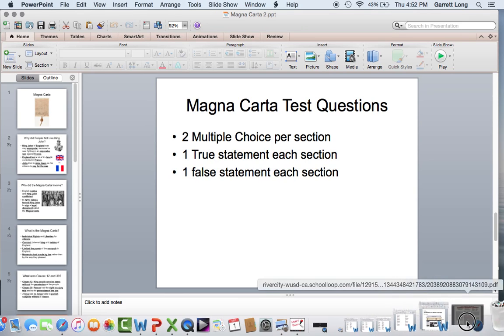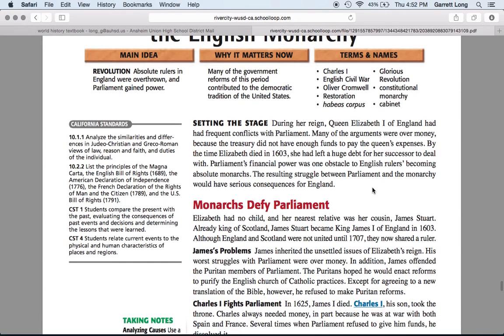So we're going to go ahead and fast forward about 400 years, still talking about England. It is now the year 1603 in England. Queen Elizabeth is the queen, the monarch, but Queen Elizabeth dies in the year 1603. And Queen Elizabeth, hopefully we remember, has no son or daughter.